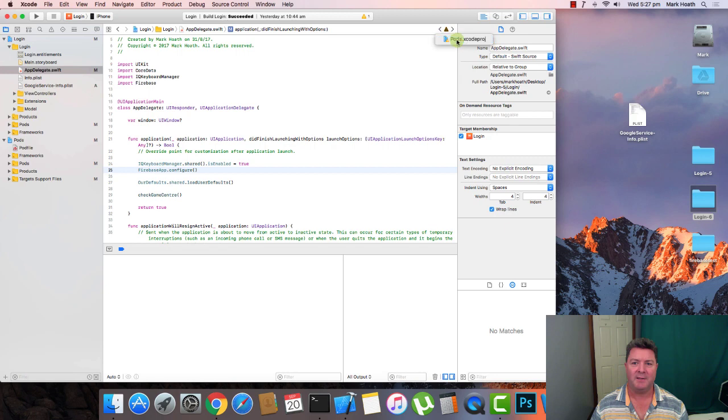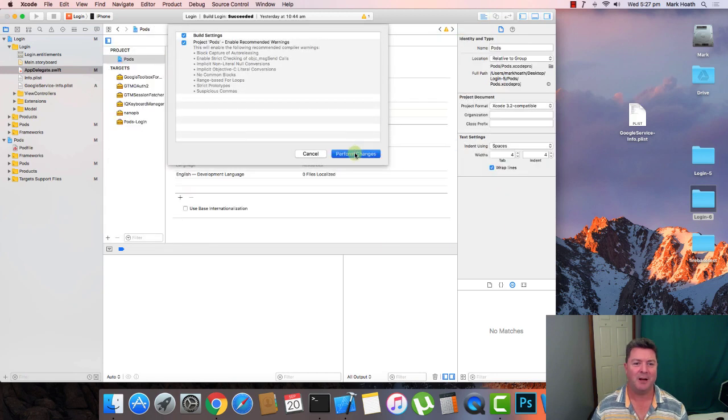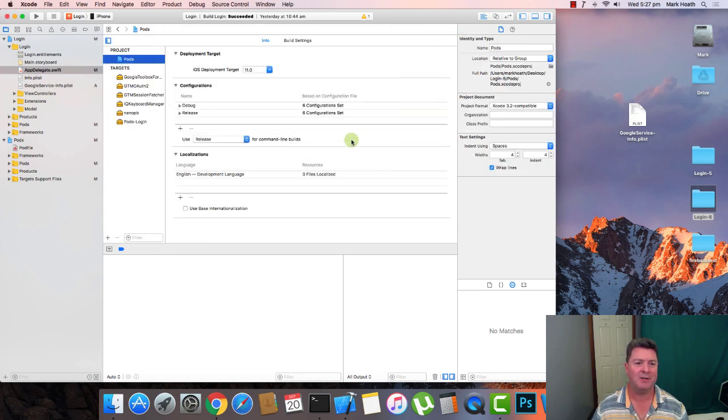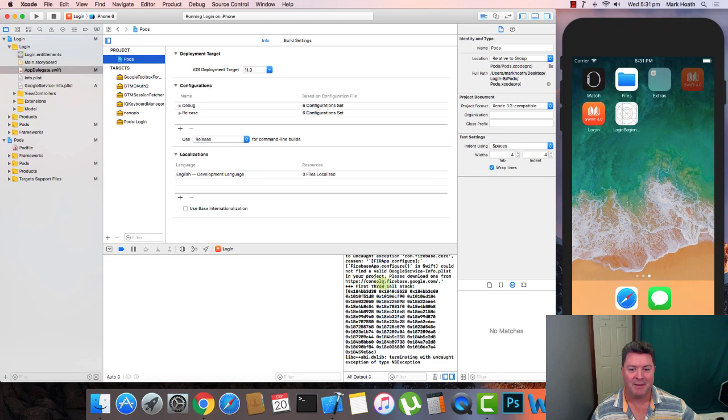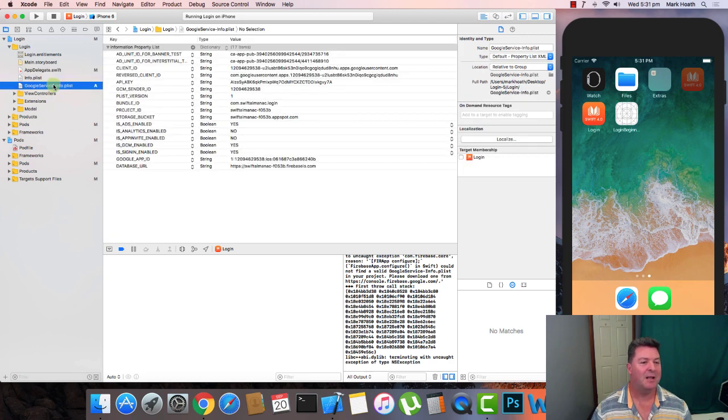And we're going to get this error still about pod files, and we'll make that perform changes. Deployment target's correct. Now, let's just build this and see what it comes up with. Okay, so you see we've got this error. Don't worry about this one, but it says, could not find a valid Google service info.plist in your project, please download one. Well, we've already done that, and the solution is